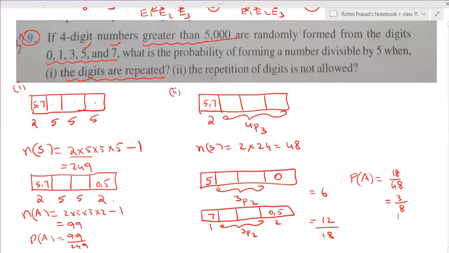In most of the problems, usually what they give is that they will give the sample space fixed, and then they will ask some 3-4 bit questions, and based on the corresponding bit, you will calculate the favorable cases. But the number of elements in that sample space will be fixed in most of the problems. But in this problem, what they did is they gave different cases, 2 cases. In each case, the sample space is different, and the favorable is also different. The condition is the same for both the bits. That's a different thing in this problem.